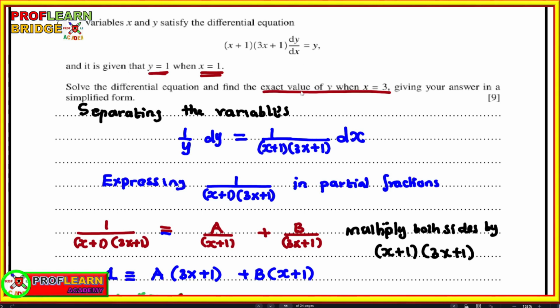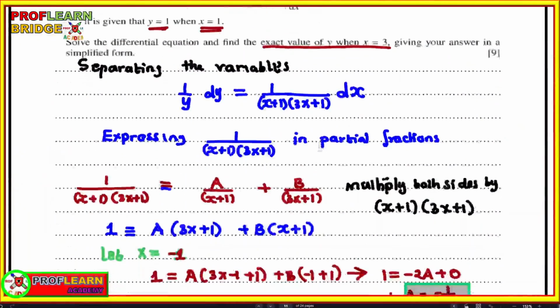We are going to separate the variables so that we have 1 over y on this side and 1 over (x plus 1)(3x plus 1) on the other side. But remember this part, we are going to now integrate the left-hand side and the right-hand side, but we cannot integrate this. There's no technique we can use to integrate this